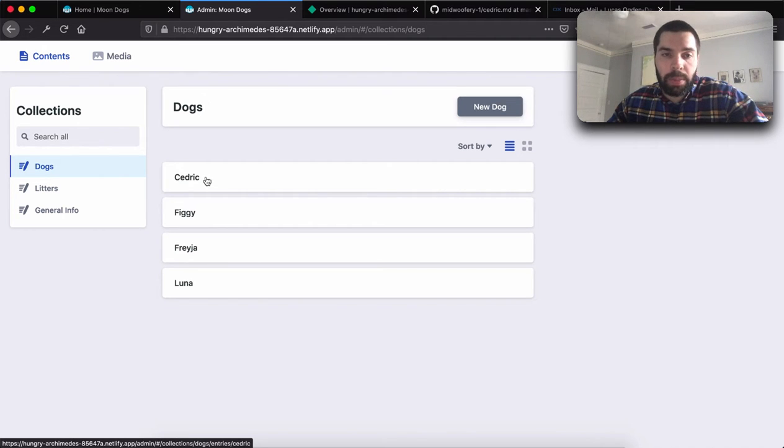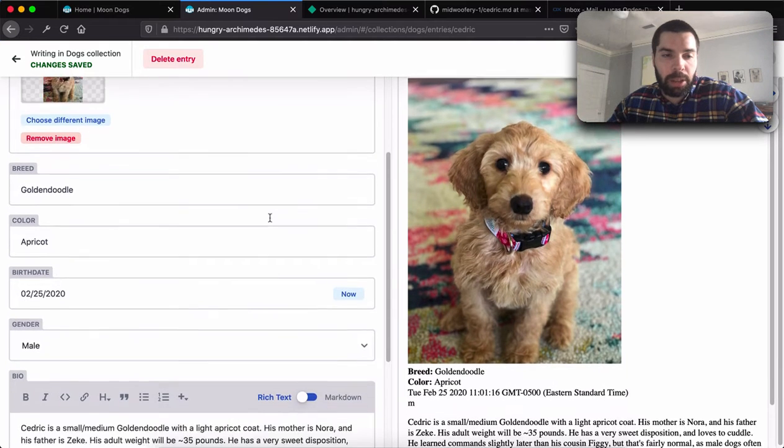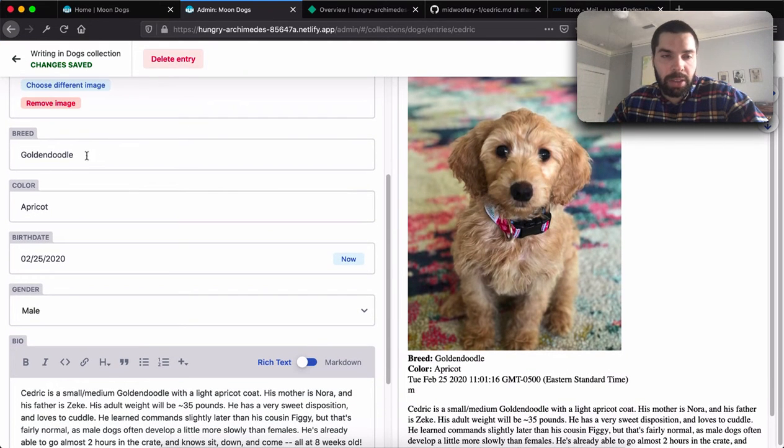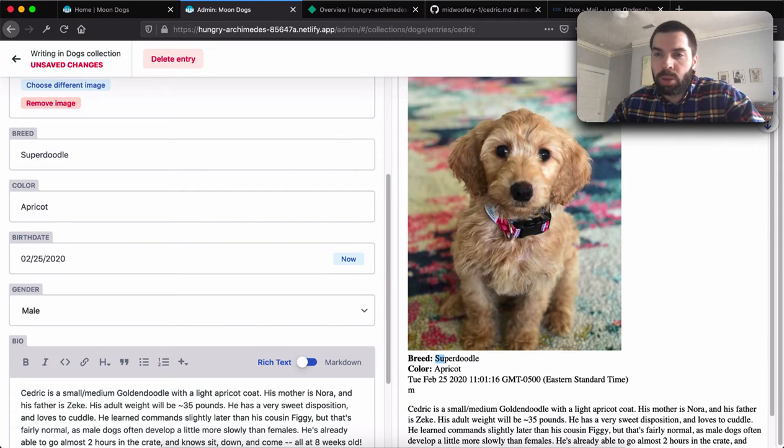For example, say I've got Cedric here. I want to change something about Cedric. Let's pretend that I find out that he has superpowers, so Cedric is not really a golden doodle, he's a super doodle. All right, so I'm going to make that change. I can see he's a super doodle. I click publish,